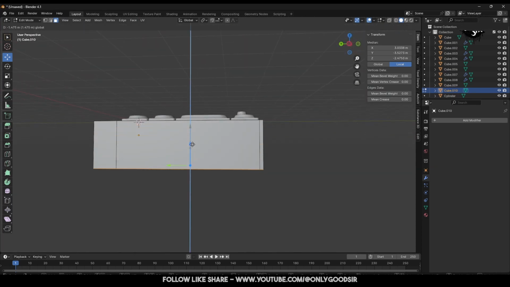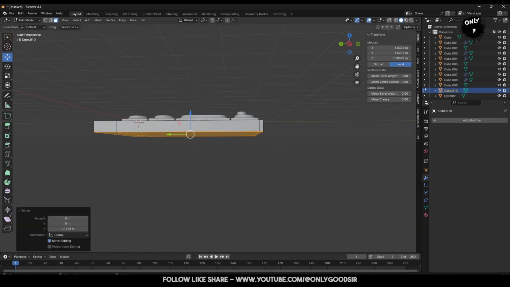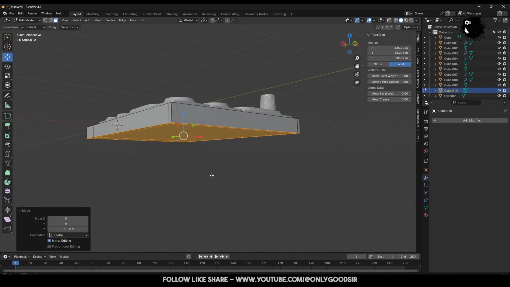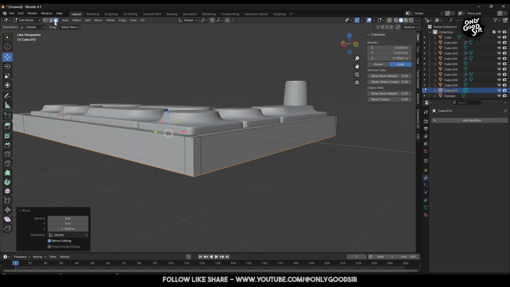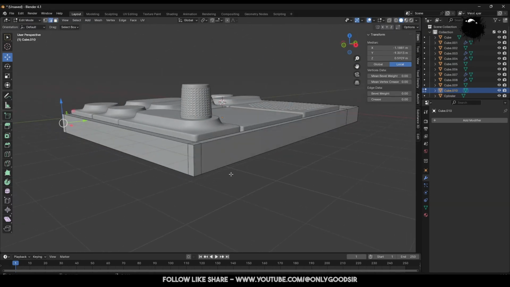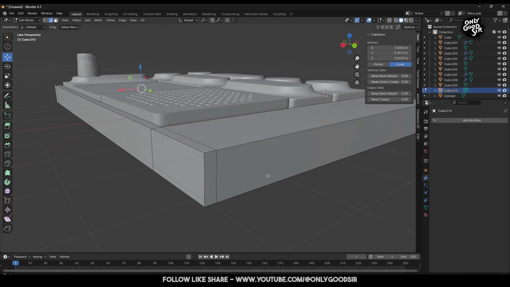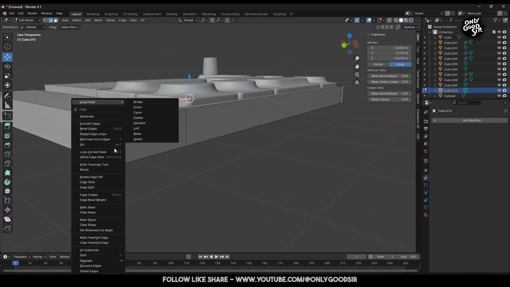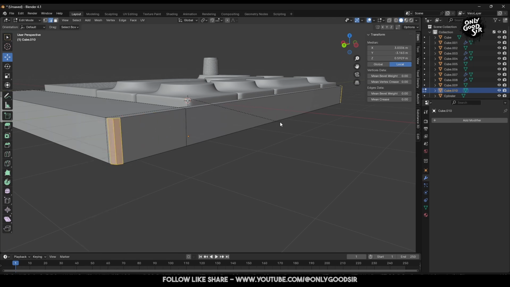Now you can choose how deep you want this. Entirely up to you. Like I said, there's no rules. Yeah, there's no tutorial really. I just really wanted to create something like this because I've seen a lot of people. It's probably not the best way to do this, but